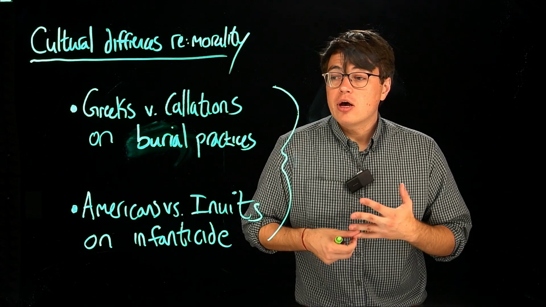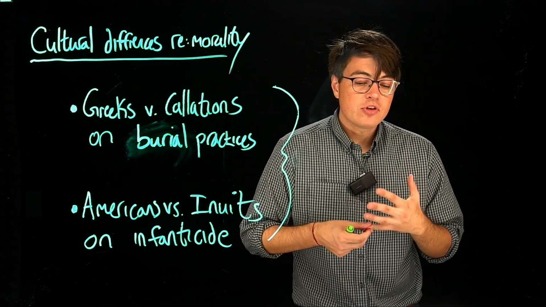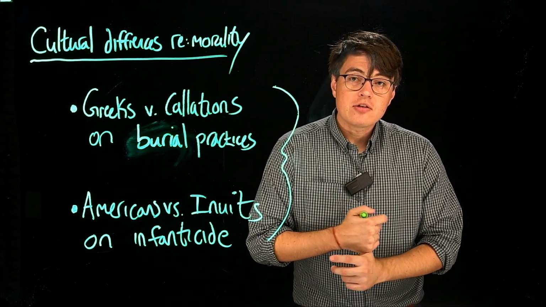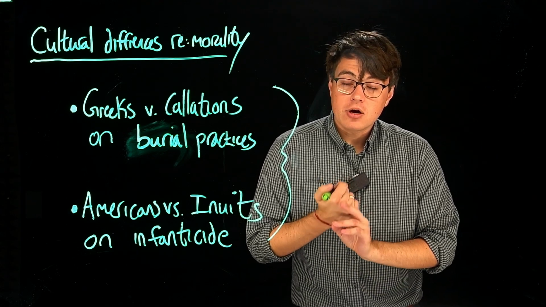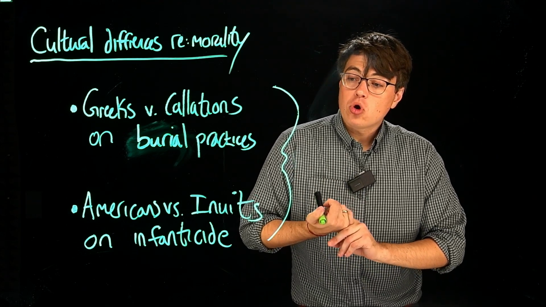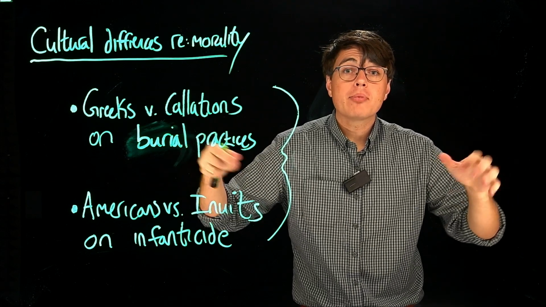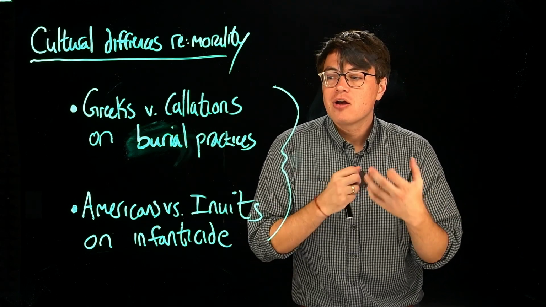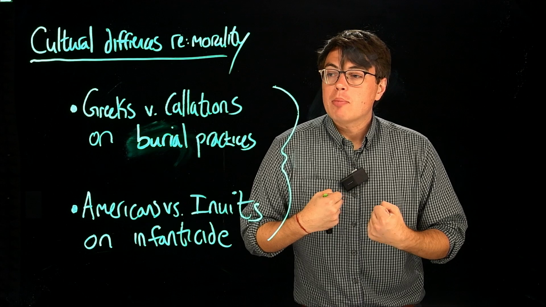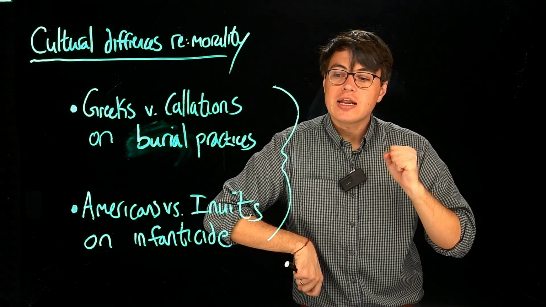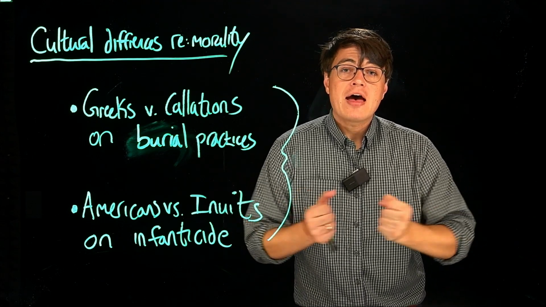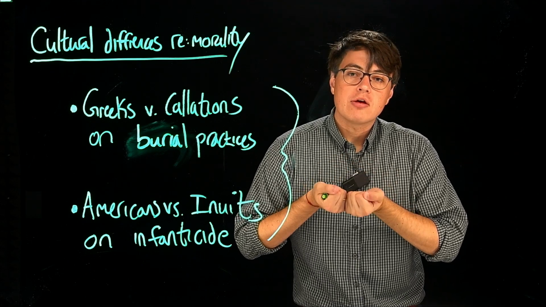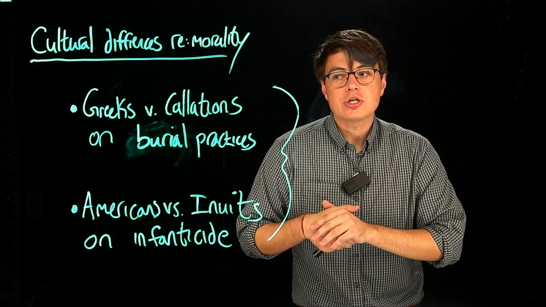We, of course, Americans today in the 21st century, we have laws against infanticide. We think of it morally as a form of murder, and so we say it's morally wrong. So the proposition "infanticide is wrong," we regard that proposition as true. The Inuits regarded it as false. What you have there is a disagreement or difference regarding a moral proposition.